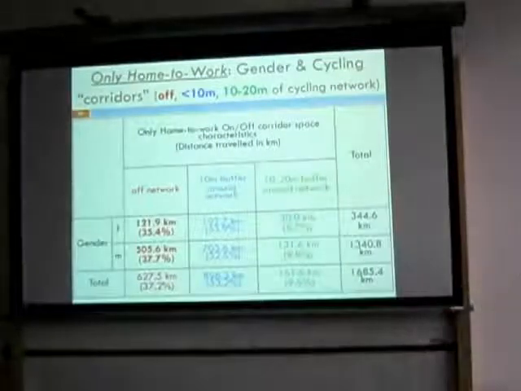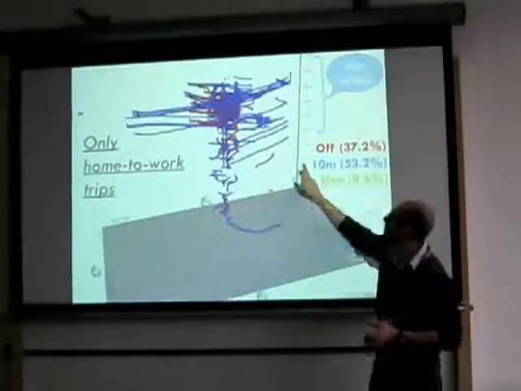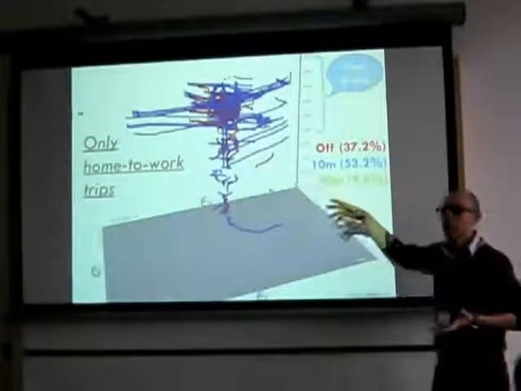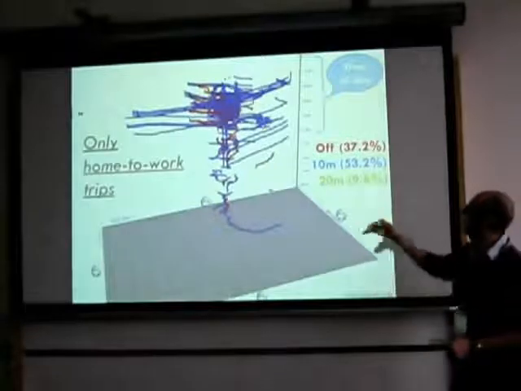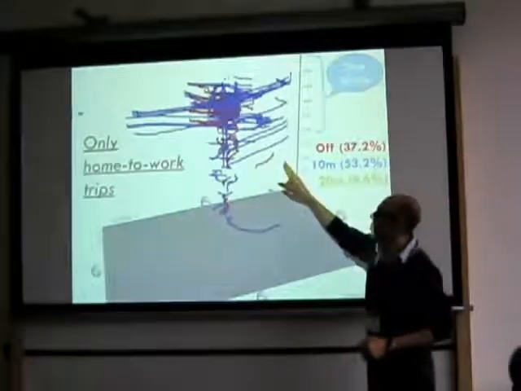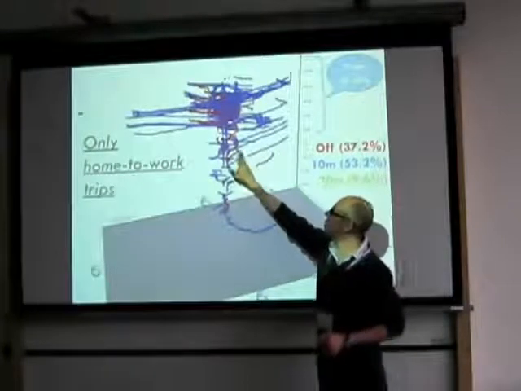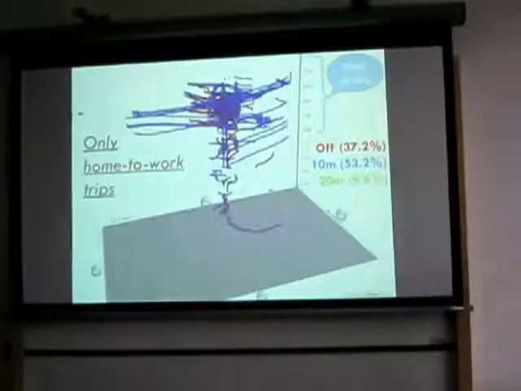Now, we can visualize this nicely, and what we want to focus on here is the time of the day. Of course, these trips take place during the morning up to around 11 o'clock. People going from home to work, and how they behave in terms of what sort of routes they follow. The long trips tend to be on the cycling network. Shorter trips sometimes are on or off, just one-third of the trips.